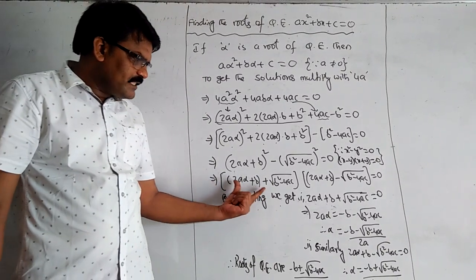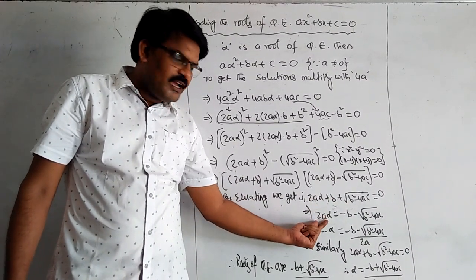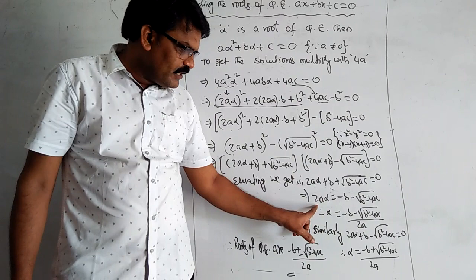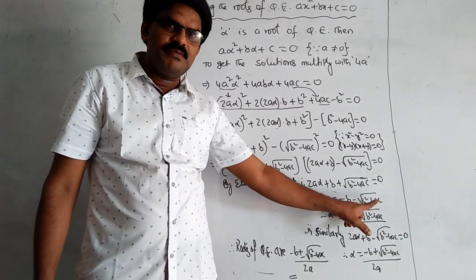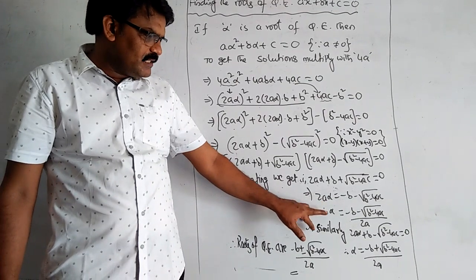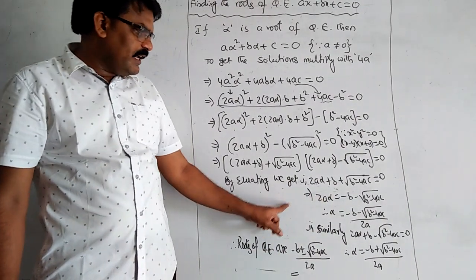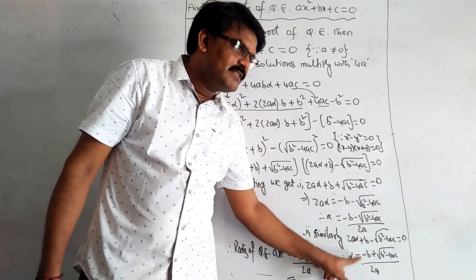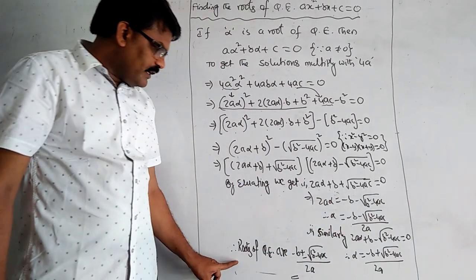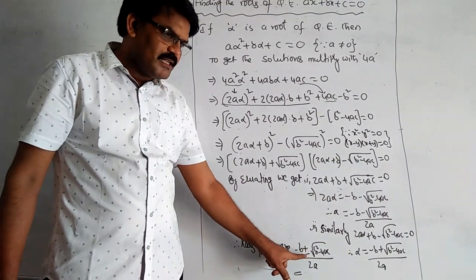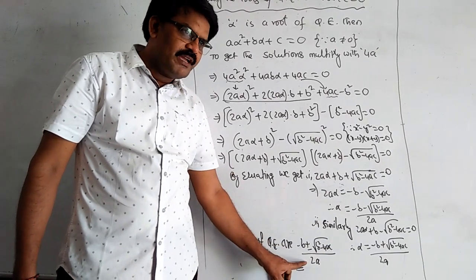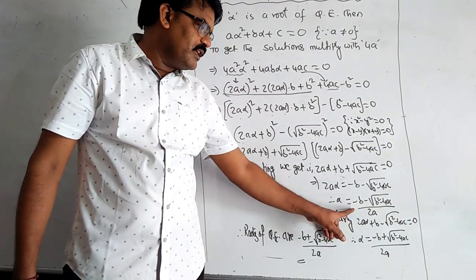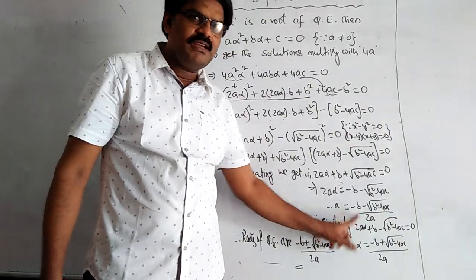Now by equating x plus y to 0, and taking 2a alpha plus b and the root of b square minus 4ac to the other side, we get 2a alpha equal to minus b minus root of b square minus 4ac. Similarly, from this, alpha becomes this one. Similarly, by equating the other factor to 0 and finding the value of alpha, we get this value. So from these two, we get the roots of the quadratic equation as minus b plus or minus root over b square minus 4ac by 2a, where one root is minus b plus root over b square minus 4ac by 2a, and another root is minus b minus root over b square minus 4ac by 2a.